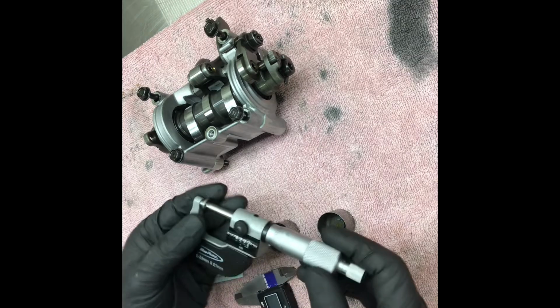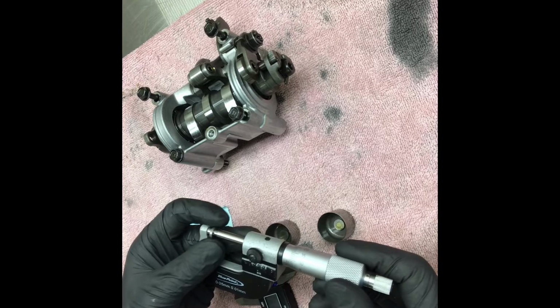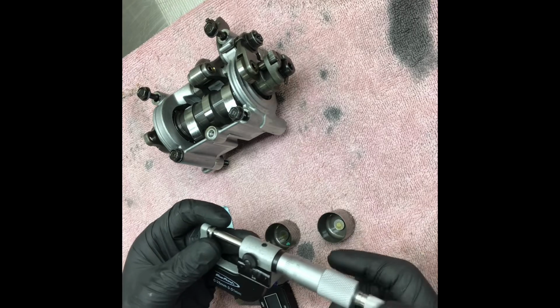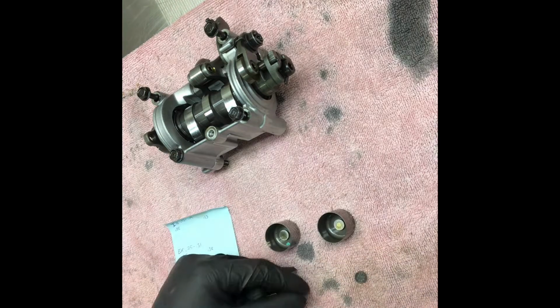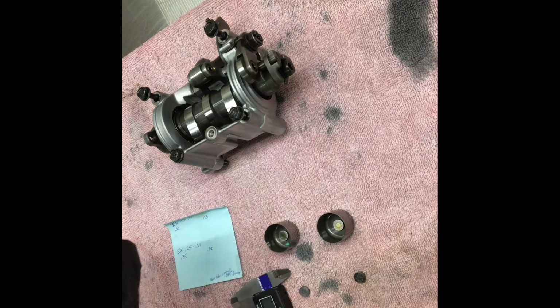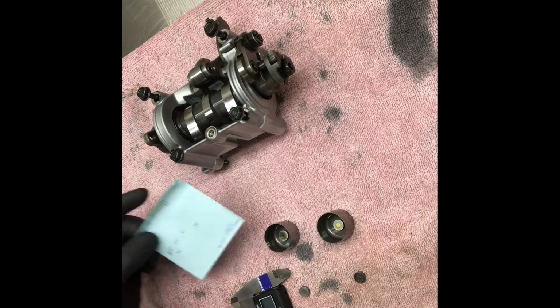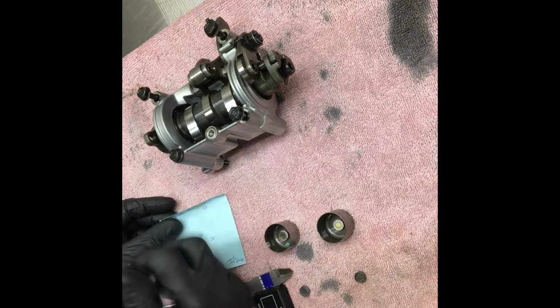So here we are, 2.06. You know, not everything's going to be exact. Oh no, there it goes, 2.05. So it did get back to 2.05. That's our left exhaust shim. So we're running a 205. We're going to write that down on our notes here for all our measurements. So the left one is sitting on a 205,